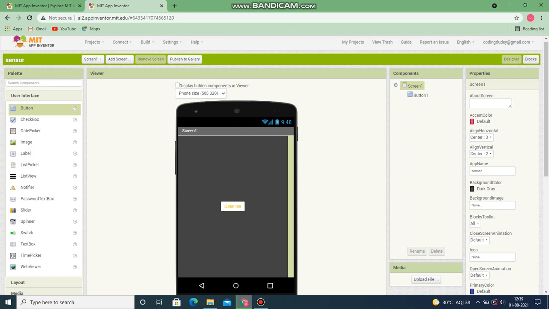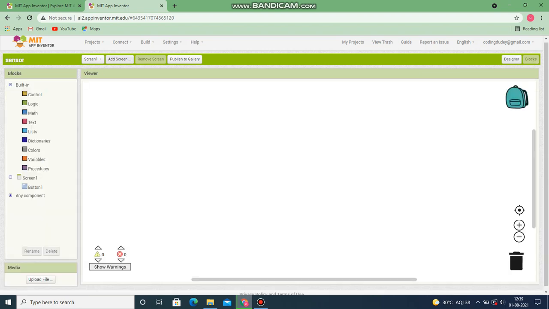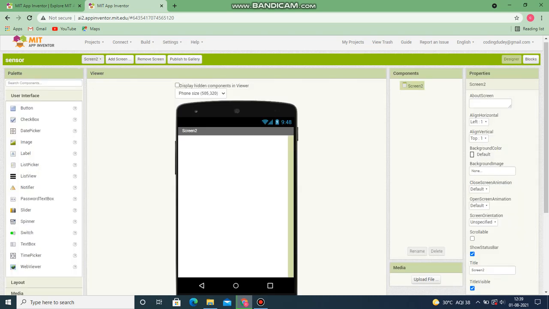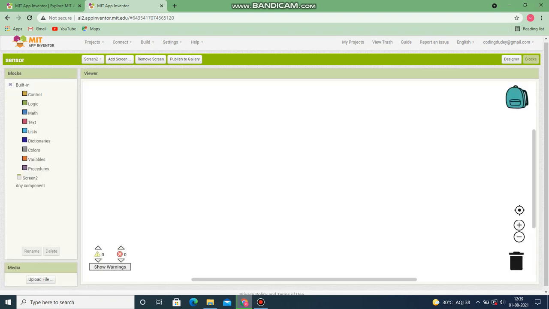So for that, go to blocks. Let's take add screen and give Screen2. Now we have added a screen. Here in the blocks, you can see that it has already moved to Screen2. But in Screen1 itself we have to give a code in such a way that it should be